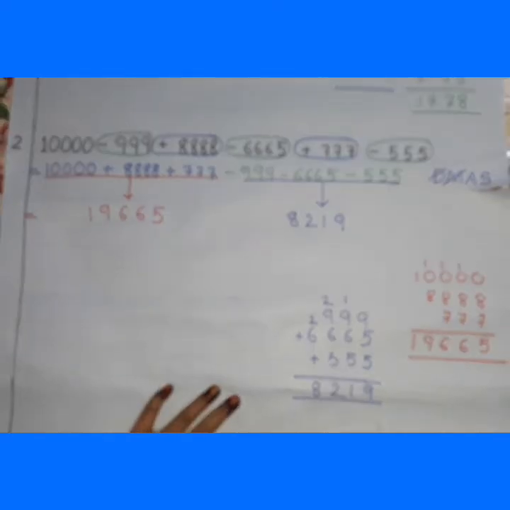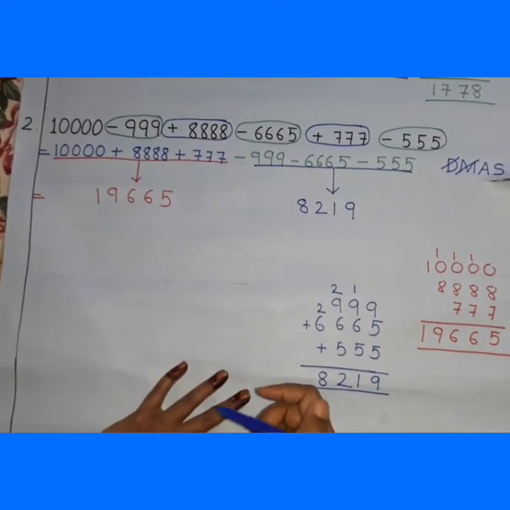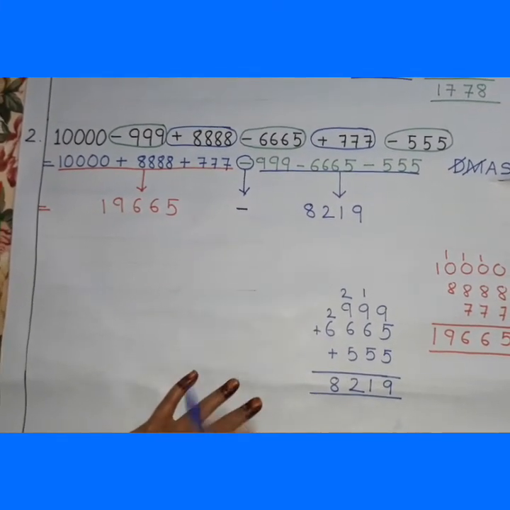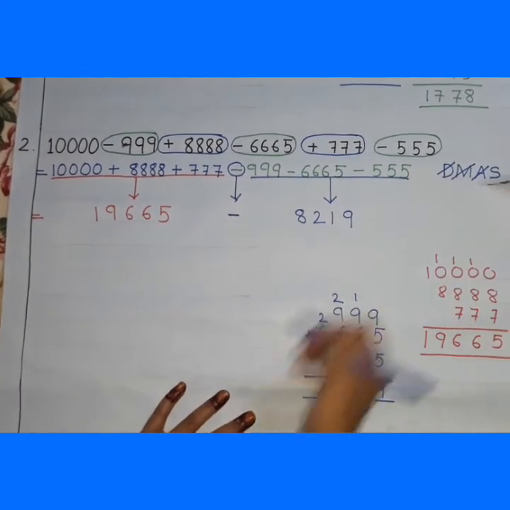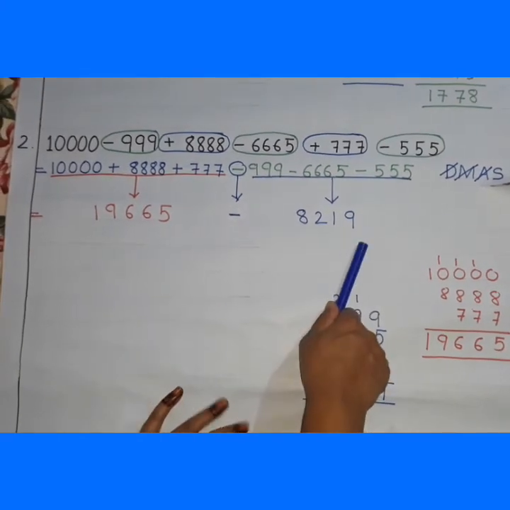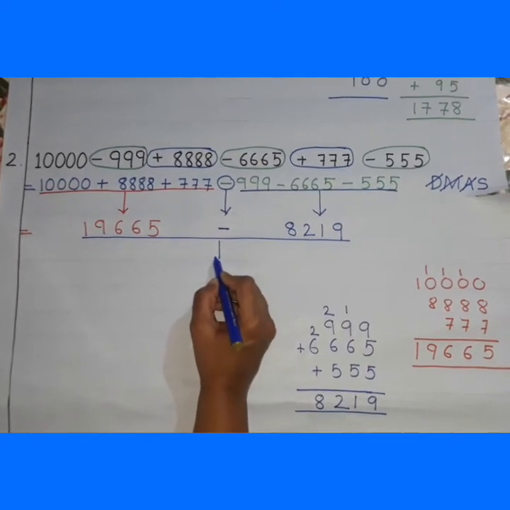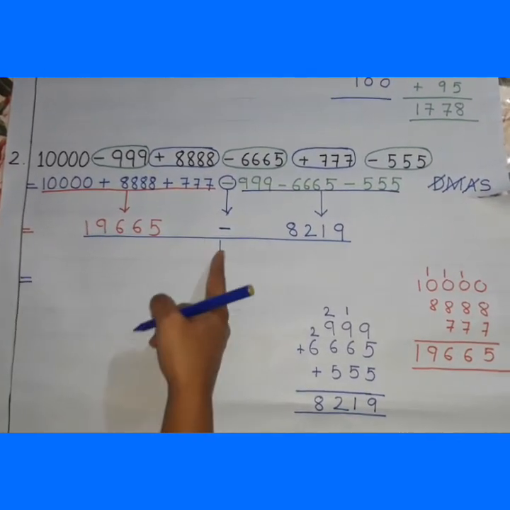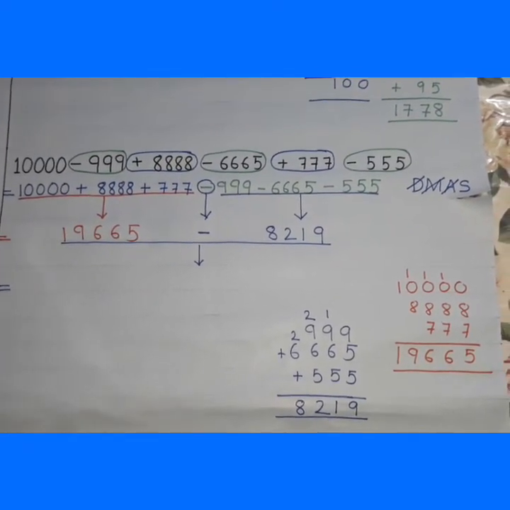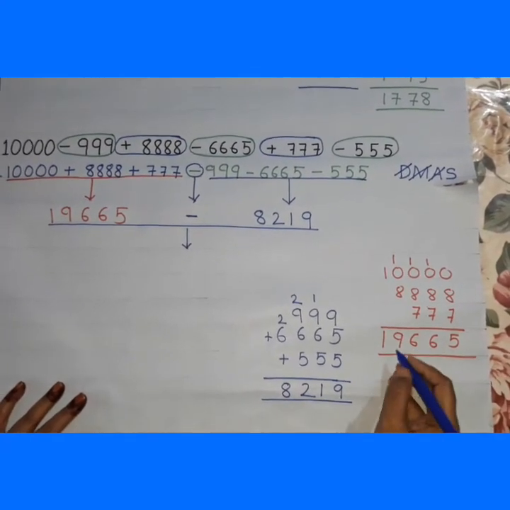Now, the question again is, what should be the sign that we need to put here? Don't forget, we are supposed to put the minus sign here. Alright? So, our addition is over. What's the last thing I have to check? Subtraction. Do we have a subtraction here? Definitely. So, just underline, make an arrow, do the subtraction and then write down the answer. So, let's do the rough work.